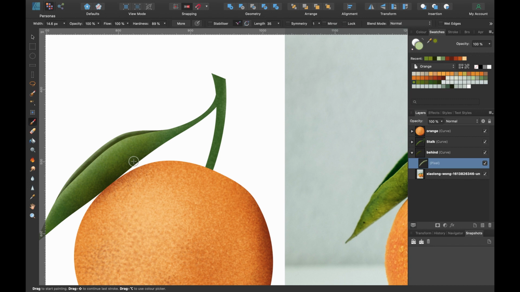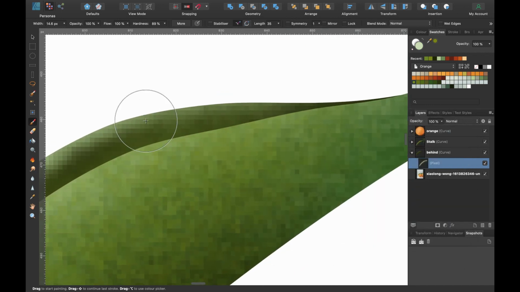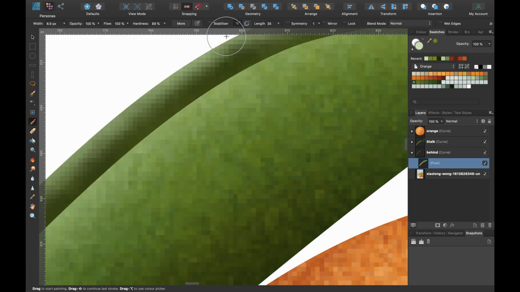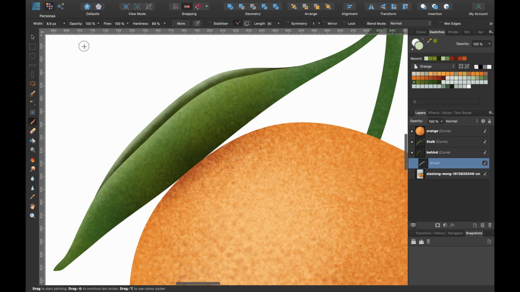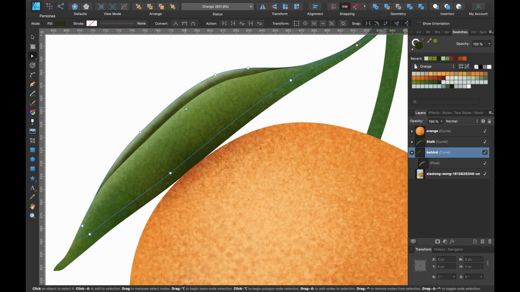And I really want to make that lip slightly lighter than it is. So I'm just going to double tap that and bring it up slightly. Go in again and just try and hit those edges again, make them much brighter. And I think I'm going to bring that leaf up a little bit. So I'm going to go back into Designer Persona, and I'm going to click on A for the node tool, and I'm going to click on behind to make sure that shape is selected. And I'm just going to bring this up a little bit so it's revealing a little bit more.